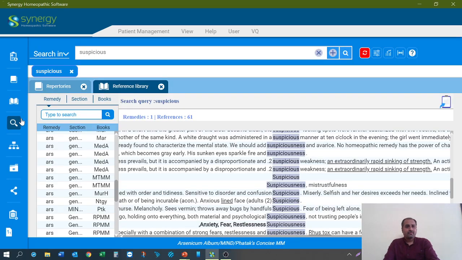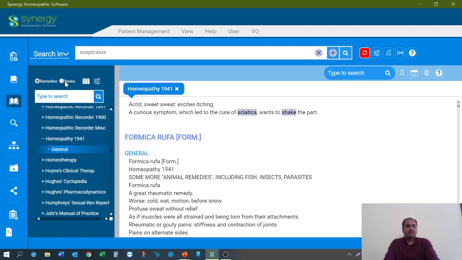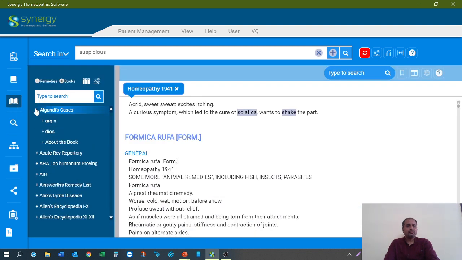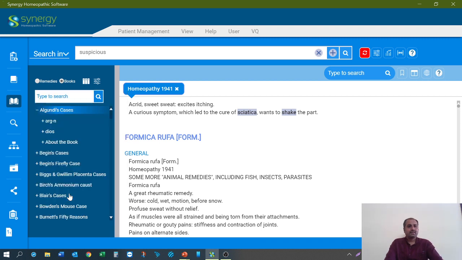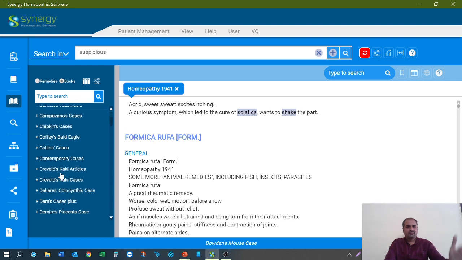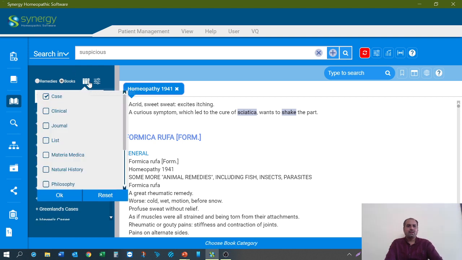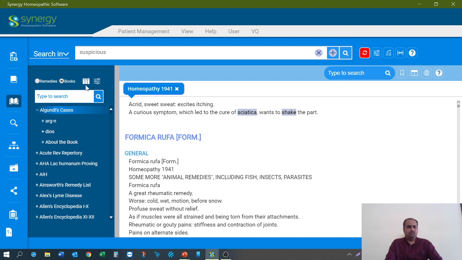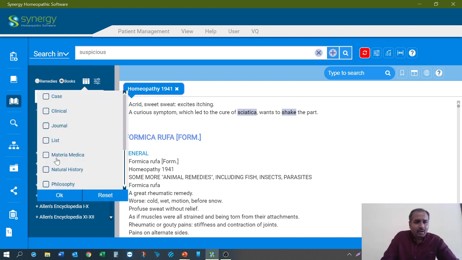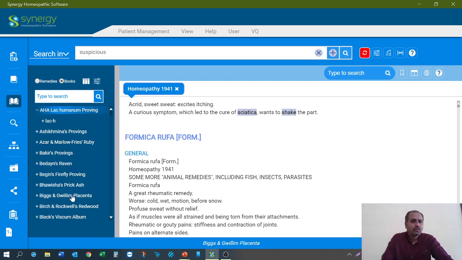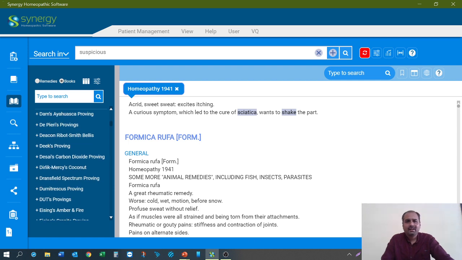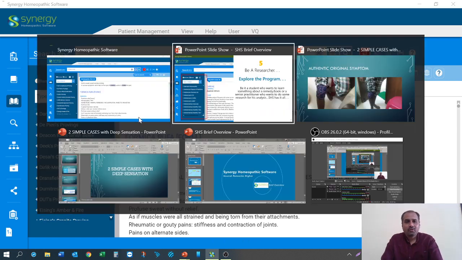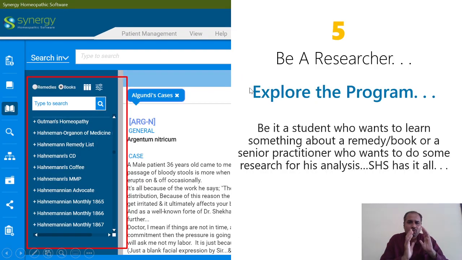I'll show you how. In the Materia Medica aspect, you want to see all the books. You see all the latest books are available, and you just click on them. So you want to only study the cases? Yes. Let us see only the cases over here. Beautiful. You want to reset it. It is reset. And you want to study only the provings? Okay, let's go and see only the provings. You see only the provings. That is the best part of the program, that it helps you to do what you want.